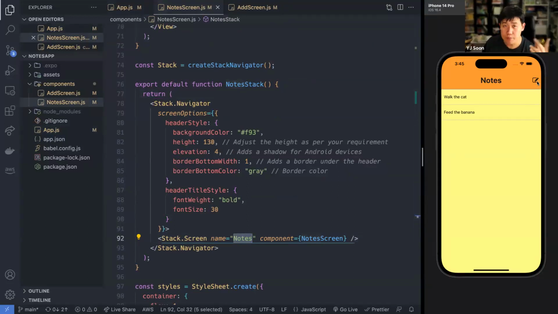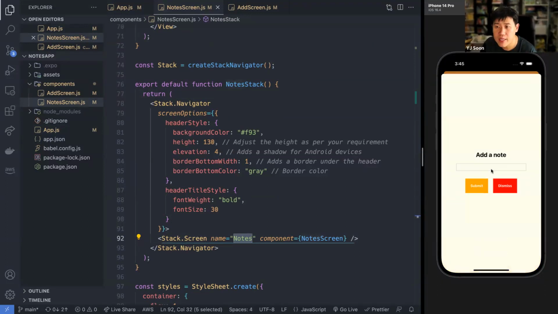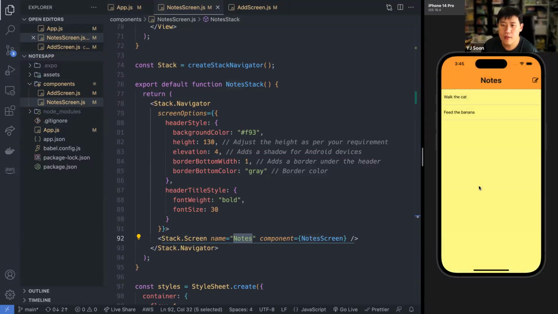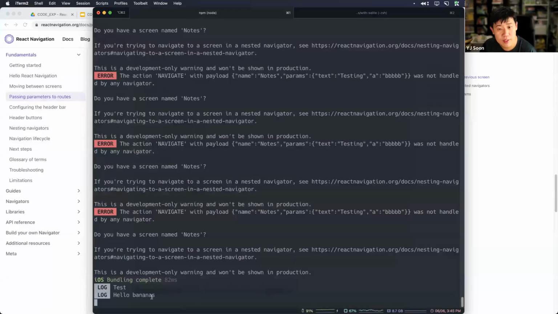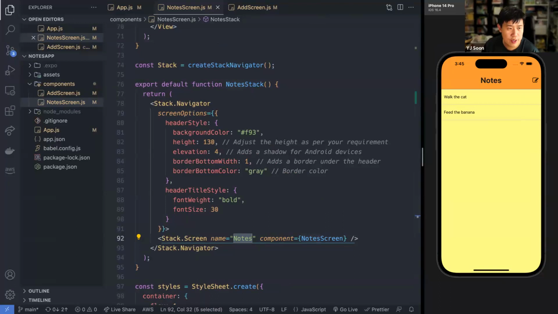Also, generative AI completely hallucinated the answer for me, but at least it helped me along the way to finding an answer. Right? So, hello bananas. Right, press submit. What that does is it will log hello bananas. So I'm good to go. Right, I am actually good to go. Whew. All right, let's go finish this app.